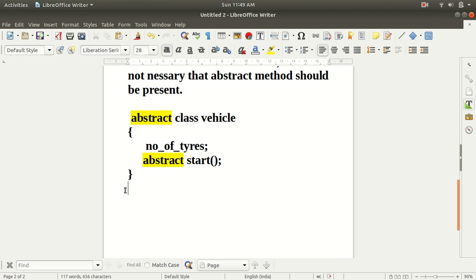Okay, so now I am going to create one more class. Let's say I have created a Car class. Inside the Car class, I am extending this class, so we have to extend it with the Vehicle class. So the Car class extends the Vehicle class.